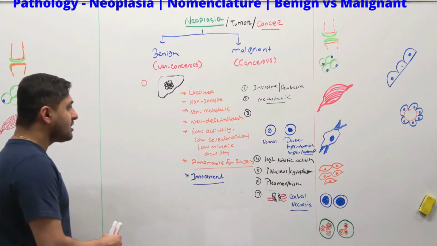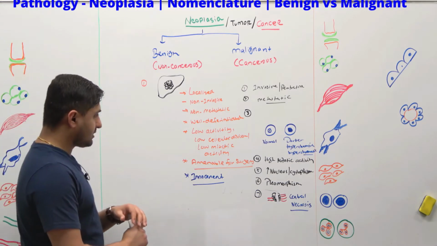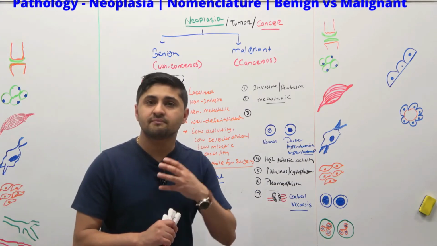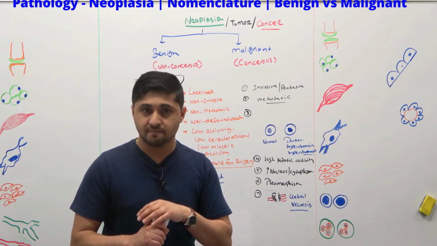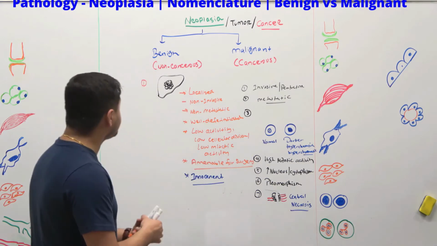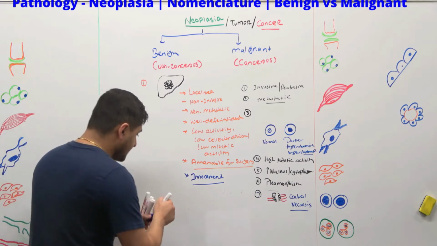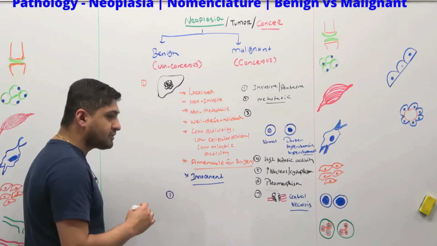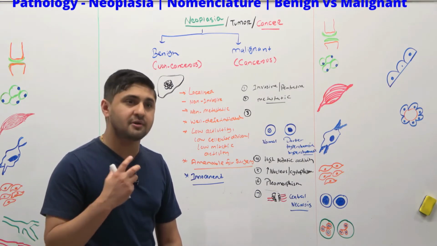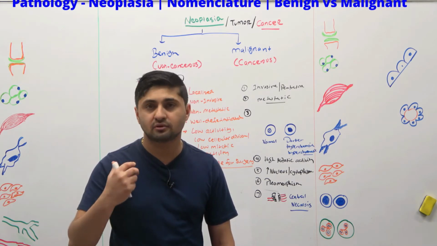Now, one thing that I do have to tell you guys is that just because a tumor is benign, localized, and not metastatic does not mean that it does not cause clinical manifestations. There are benign tumors that can give you clinical manifestations also, right? Even though they're benign and localized, some can cause compressions. For example, if there's a tumor on your neck, sometimes that tumor can compress the trachea, and that can give you more clinical findings, okay?